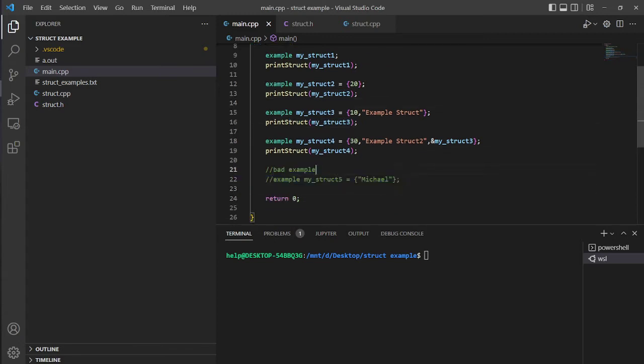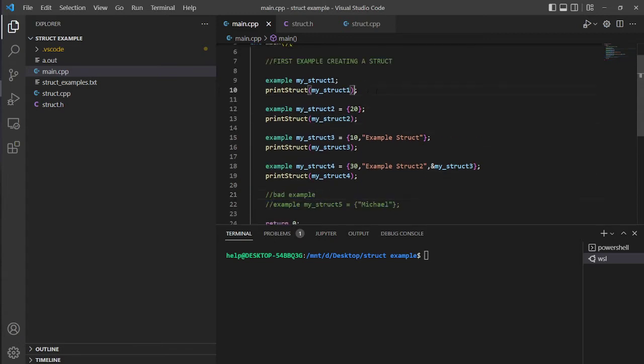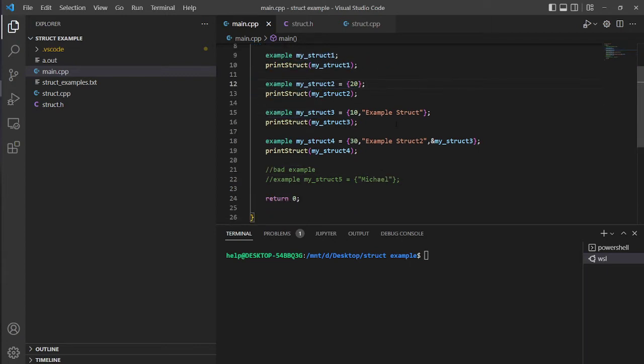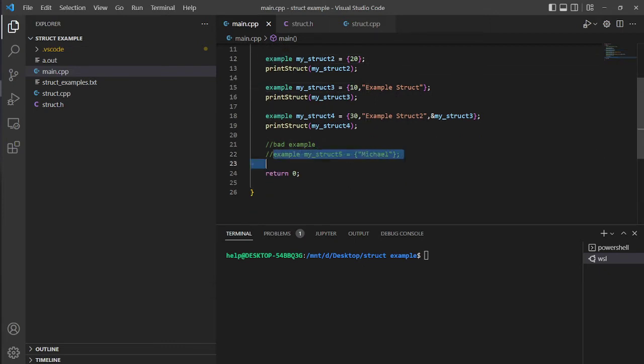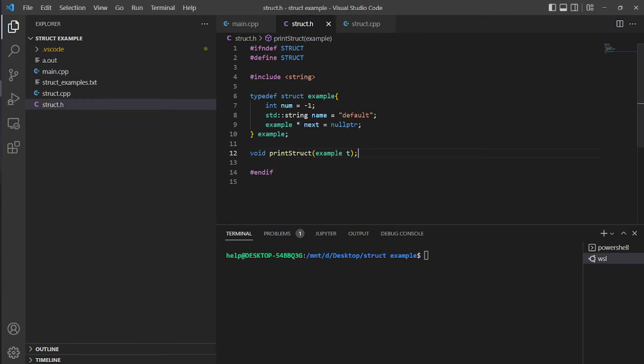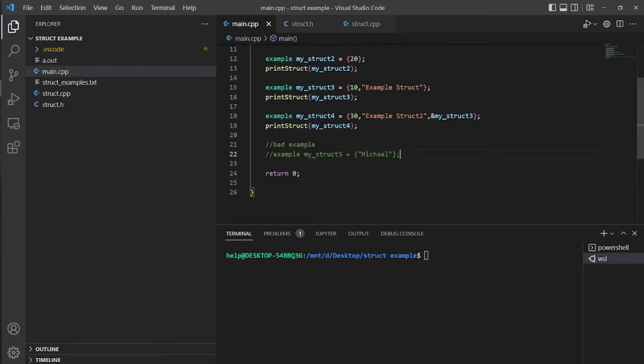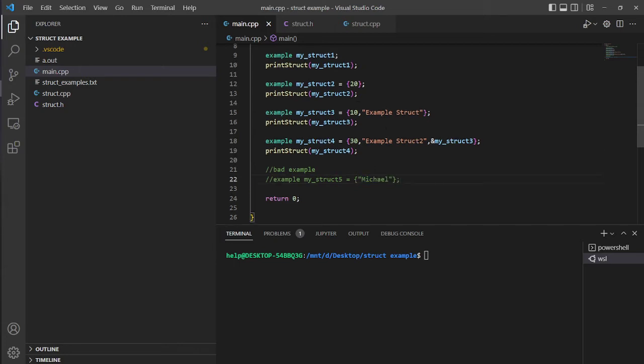Here, this is something to note. You see you don't have to update all the fields or any of them if you don't want to, in this example, since they're all initialized already. But one thing you need to know is this won't work, because basically what you're saying here is you want to initialize the first field in the struct to be whatever you pass, right? And in this case, the first field we have is an integer, and you cannot assign a string to an integer, so this won't work. So you can update just one or two or however many you want at a time. You just have to be mindful that what you're passing is in order of how they appear inside the struct itself. So if we compile this,